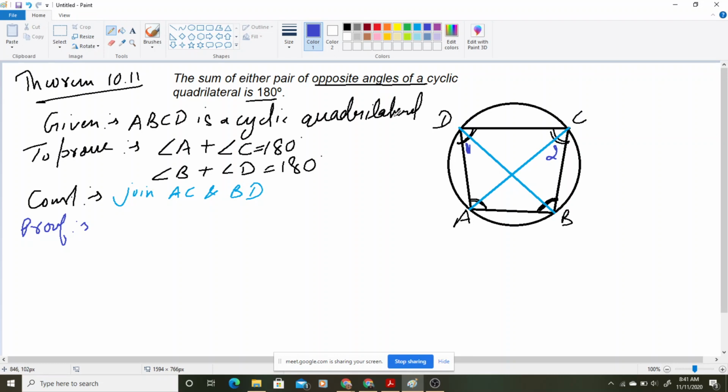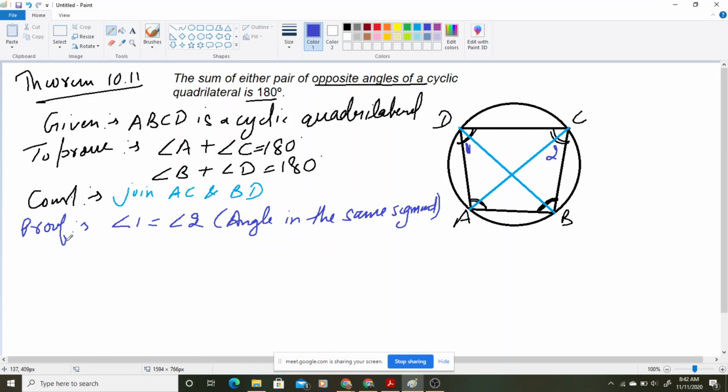Write that it is theorem or something. You will be writing angle 1 equals angle 2 because they are in the same segment. They are formed by the same segment, angle in the same segment. By this AB, you can see this AB is forming angle 1, this AB is forming angle 2. So you will be writing the reason that angle in the same segment or angle formed by the same segment, you can write.